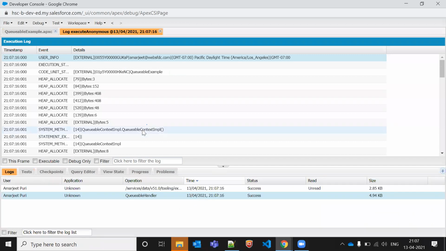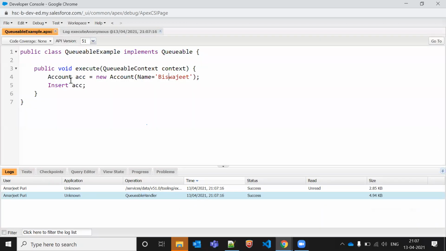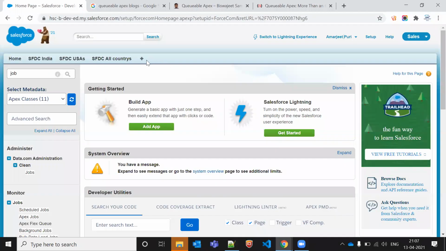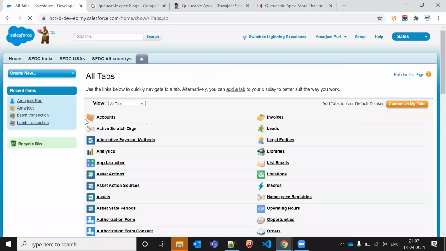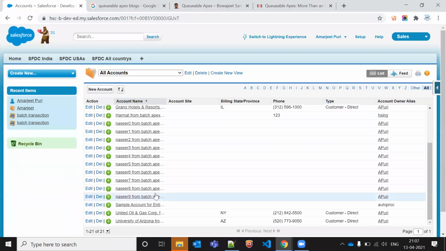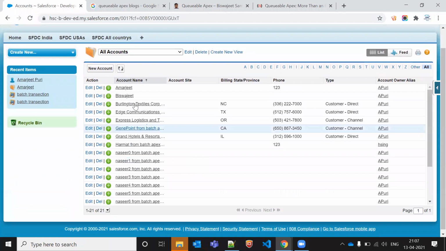Let me go and see what record was created. It's an account record only, right? Vishwajit is created.